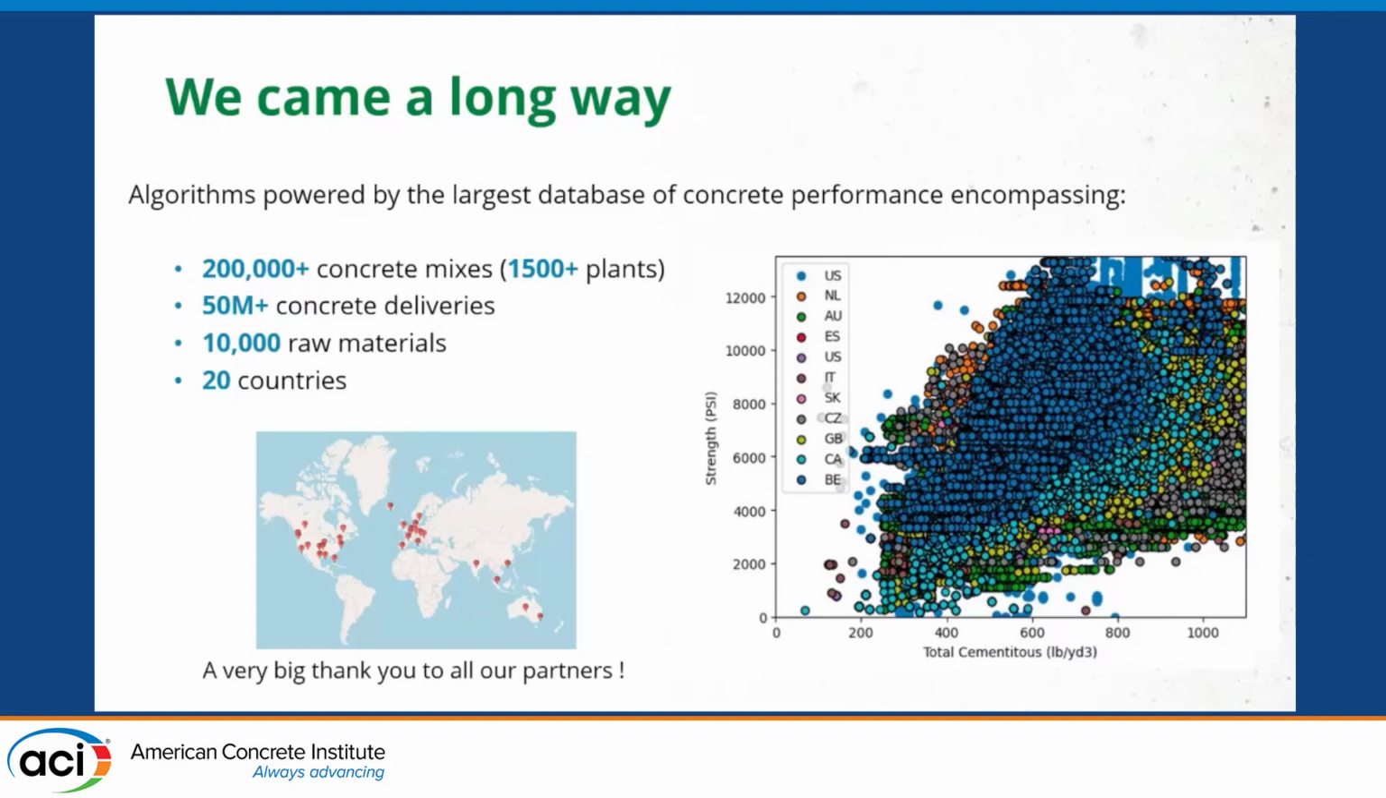We have 10,000 raw materials and how they behave in their chemistry and so on, and data sets in over 20 countries. So we have a lot of data. And you can see here, this is just an example of some of the data in different countries and how the total cementitious versus the strength